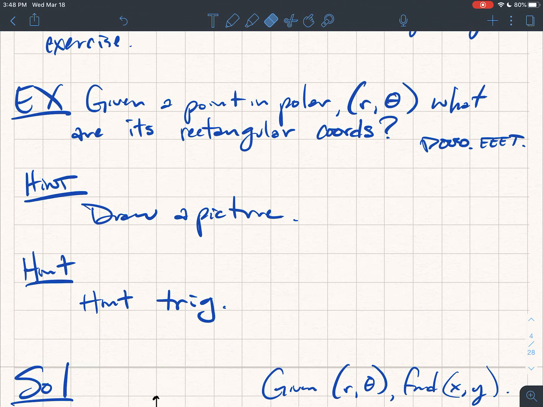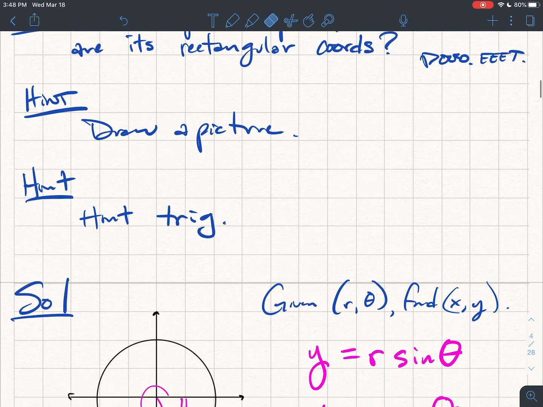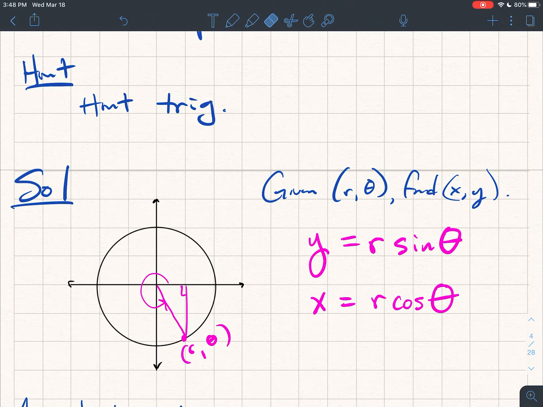Here's the solution. So given a point in polar coordinates, r theta, we want to find that point in rectangular coordinates. We want to find the xy. So we choose a point on the circle in r theta and draw a triangle. It becomes very apparent using trig